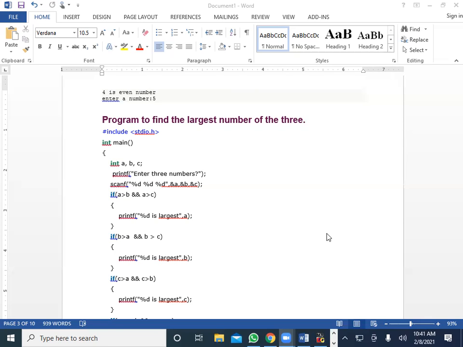Yes, sir. When we say the given number is even or odd, what particular condition do we apply for it?